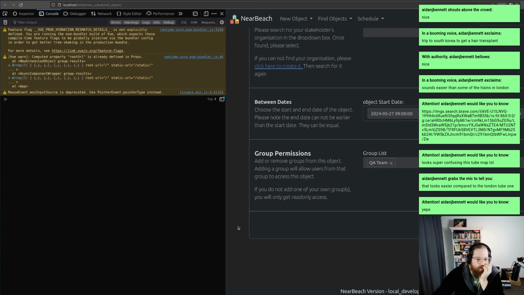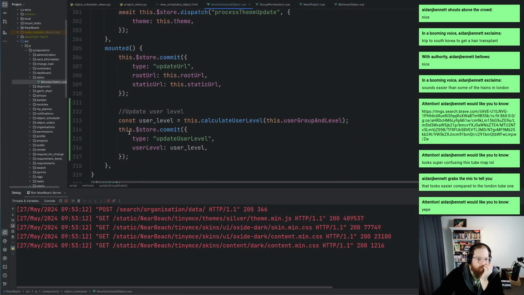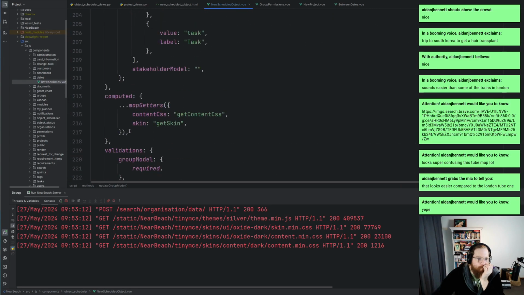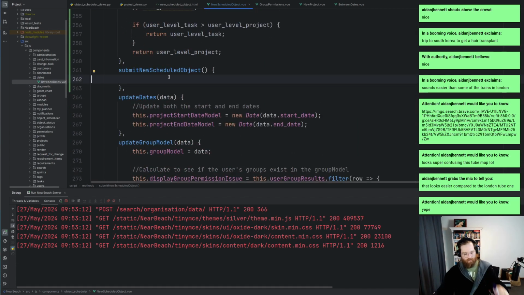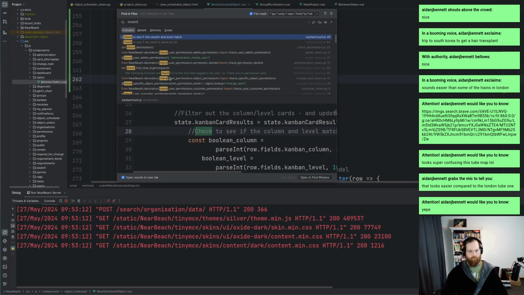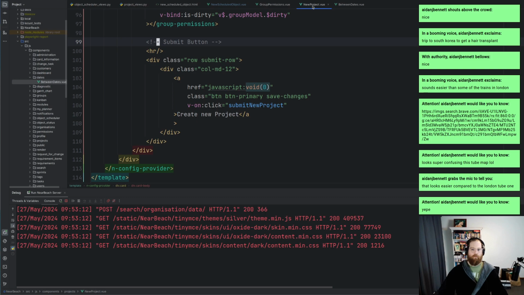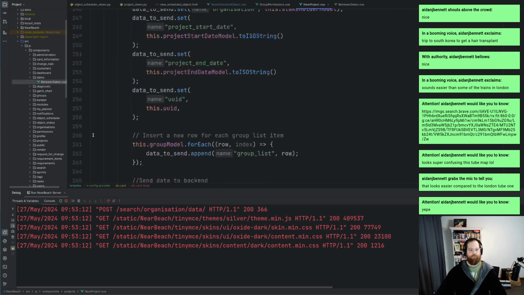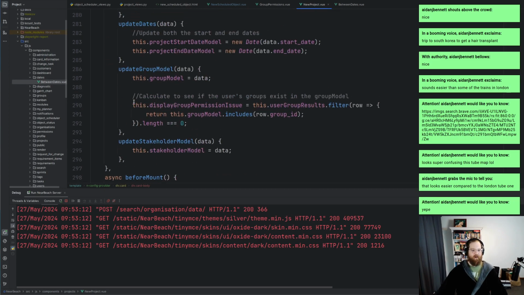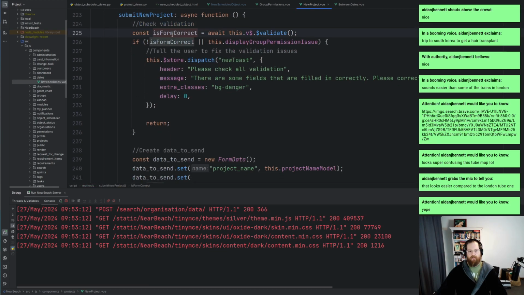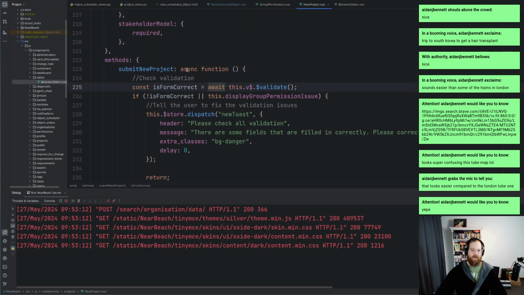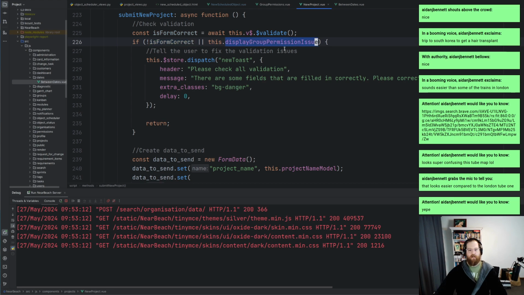Now we need the validation on the button itself. Okay, cool. Straight off the bat, let's look at what we do with no project. Oh, sorry. So check validation. So is form correct? What we do is we await it and stuff like that. So we got an async function. If the form is correct and there's no group permission issue,